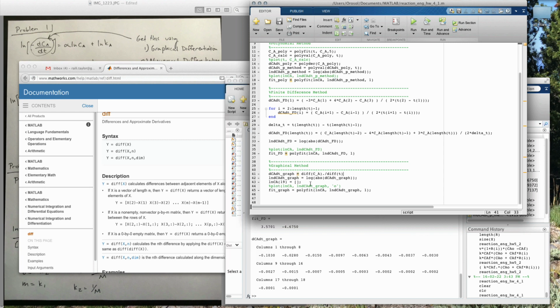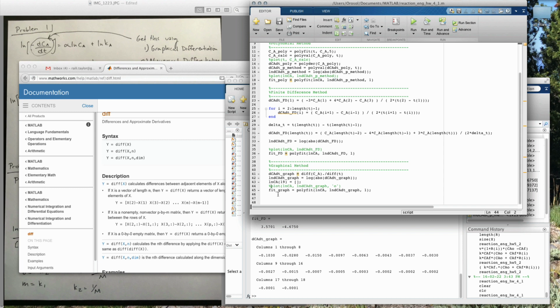And then you need to do the dot divide with this, so it knows to divide each element. And then once you have that, you take the natural log of it. So it's the same thing. You're calculating dCa/dt, and then you need to take the natural log. What you get with this will actually be one element shorter than Ca was, so I just removed the last element from Ca, and then you can plot it and do the graphical linear regression,